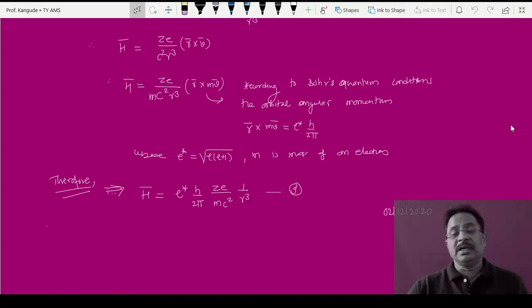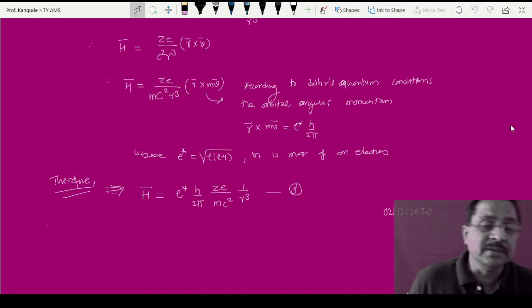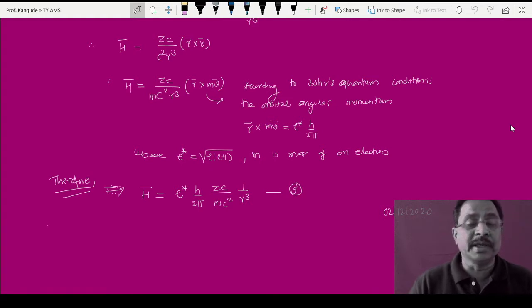So in earlier discussion we have discussed all these basic aspects, electromagnetic aspects of the spin orbit interaction. We have arrived at this equation for H bar is equal to L star, which is angular orbital momentum quantum mechanically measured, h upon twice pi, which is Planck's constant upon twice pi. Z is the number of positive charges contained by that nucleus, divided by m c square, where m is mass of electron, c square is the square of the velocity of light, 1 upon r cube, where this r is the distance between nucleus and that electron which is revolving around the nucleus, which is giving rise to this type of magnetic moment H bar.